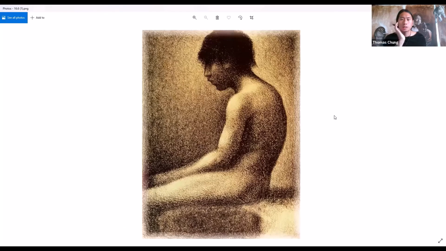This is a Seurat. In his drawing, the image is created by the application of just tiny little dots. It's called pointillism. Seurat was a little bit later than the Impressionists, but the Impressionists were interested in how vision and optics actually worked. Seurat's drawings were an observation that vision is not a solid field. It's actually a dappling of light, is what the Impressionists figured out by deeply investigating